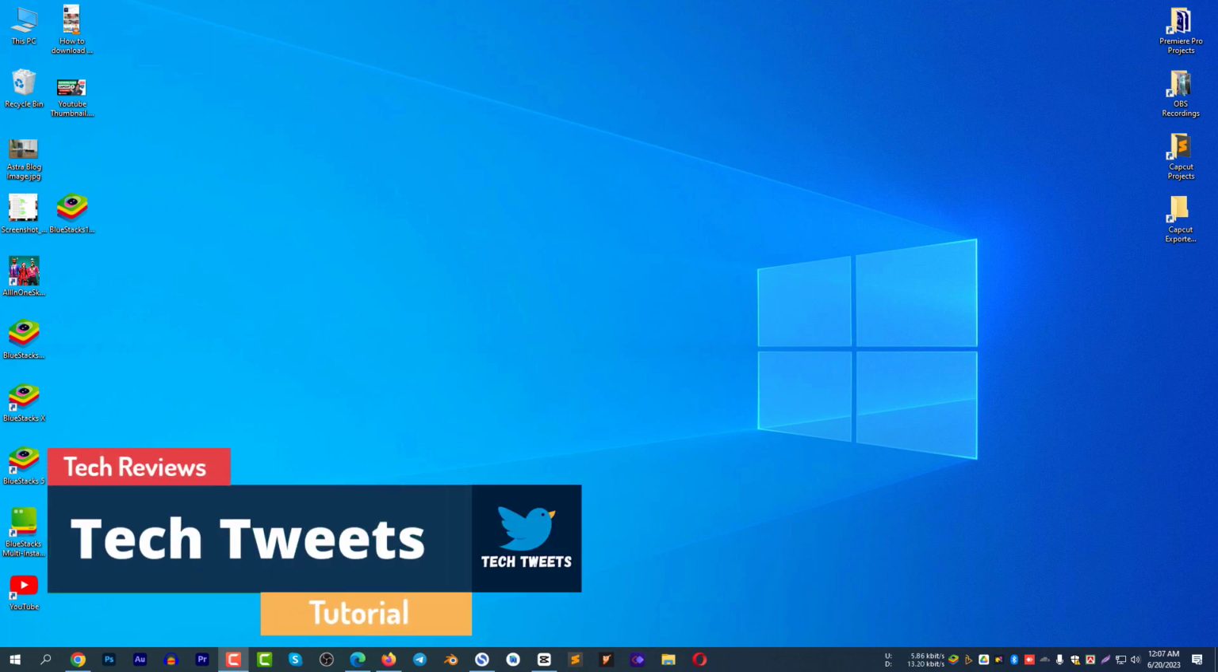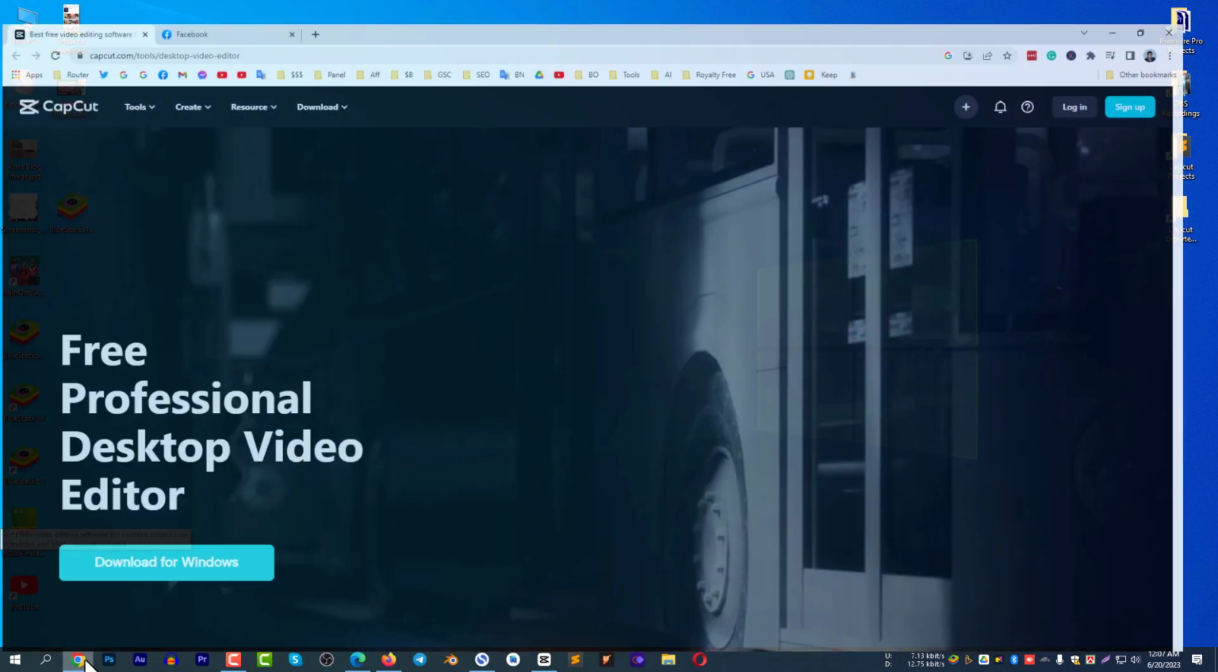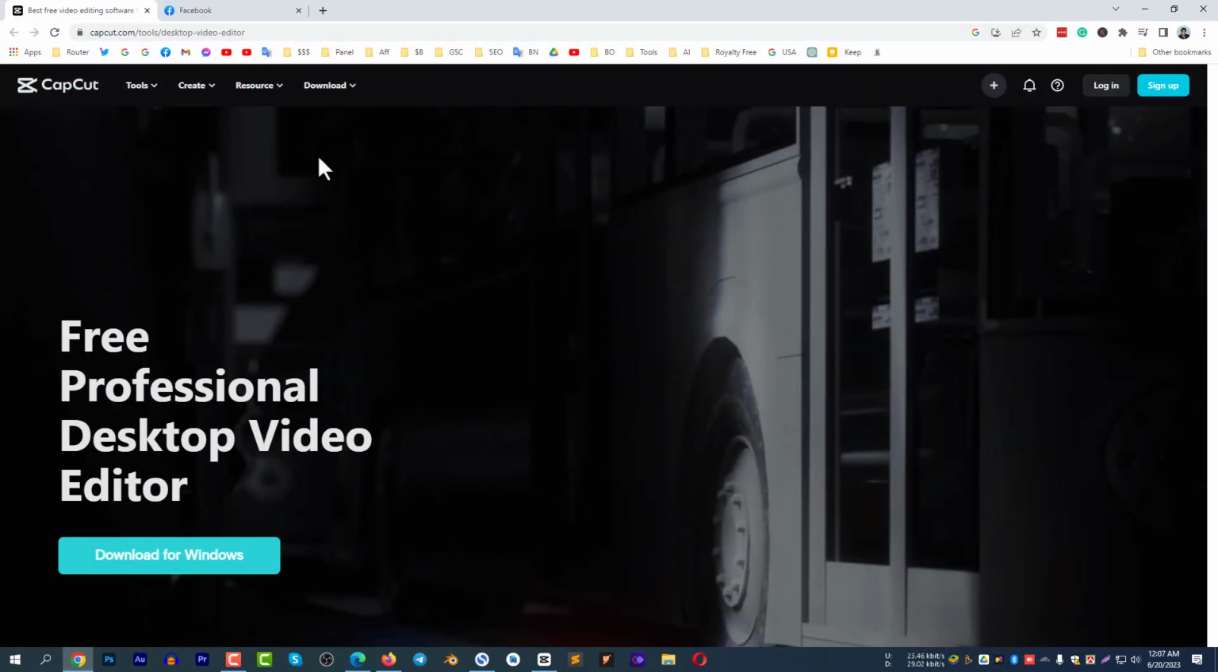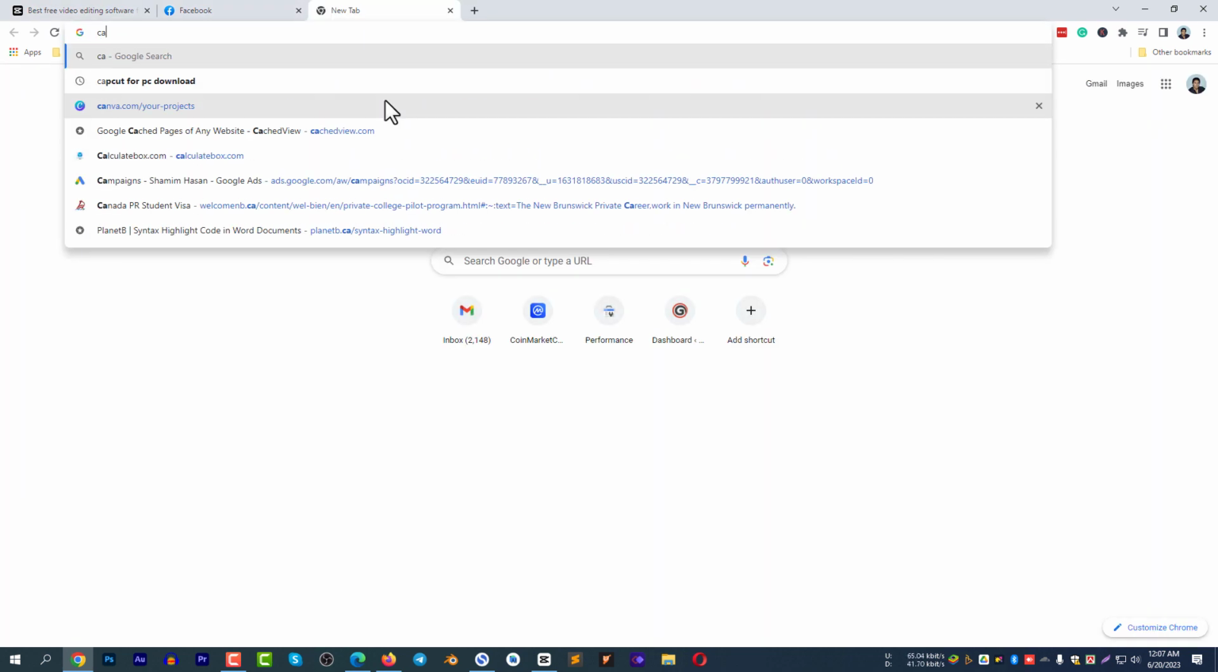In today's video, let me show you how to download Capcut for your PC. You guys already know you can use Capcut on your PC, so let me show you how to download this. You need to go to the Capcut official website, otherwise you can simply write here Capcut